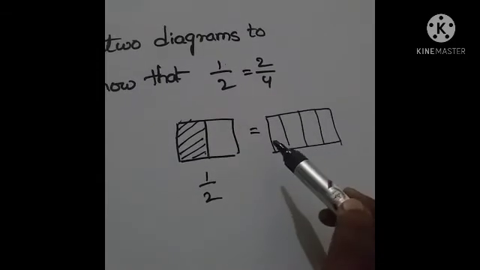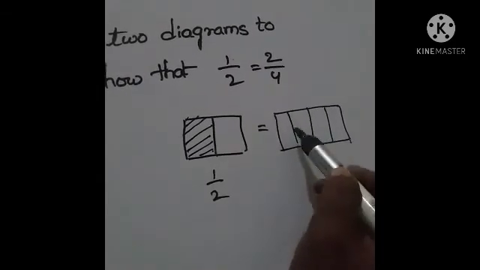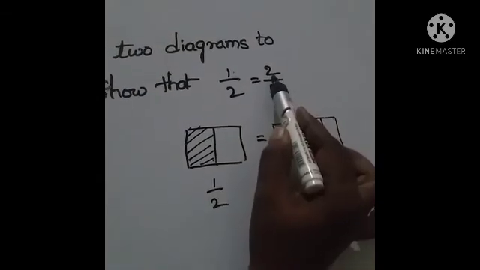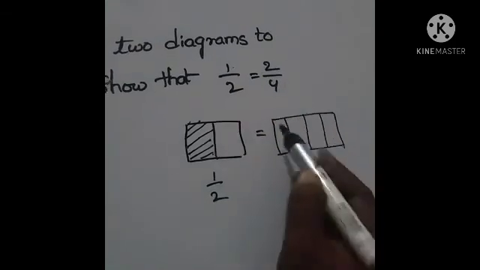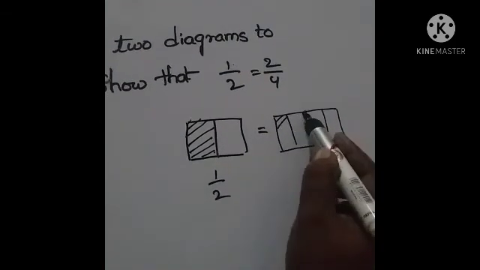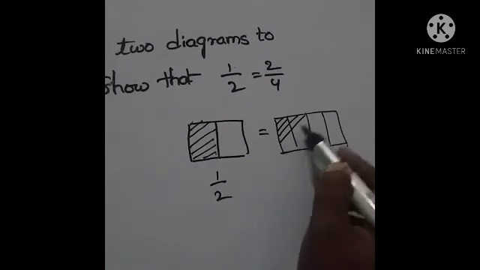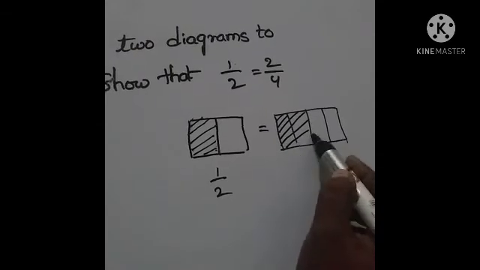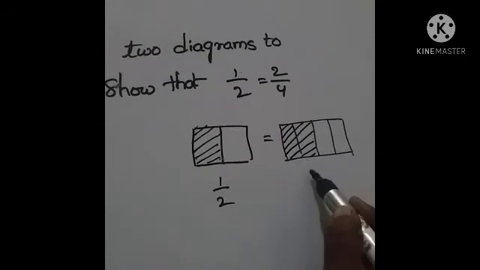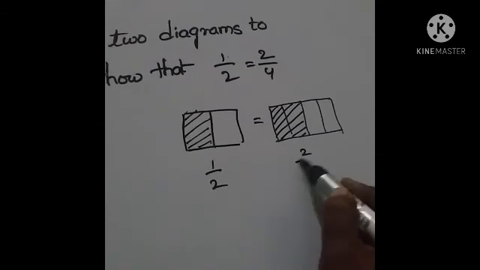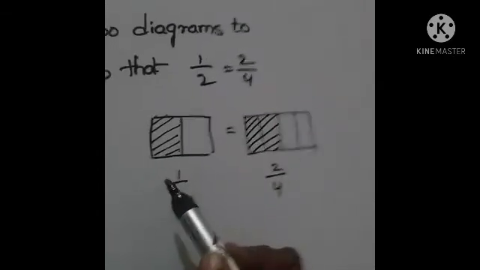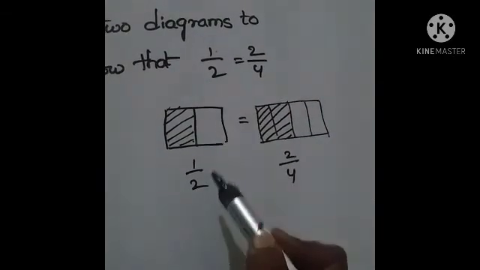How many boxes? Fill up now. Here in the place of numerator what number is given? 2. So, now fill up these 2 boxes because in the place of numerator 2 only is there. So, this is written as the fraction 2 by 4. Like this we have to draw the pictures of given fractions, Nana.